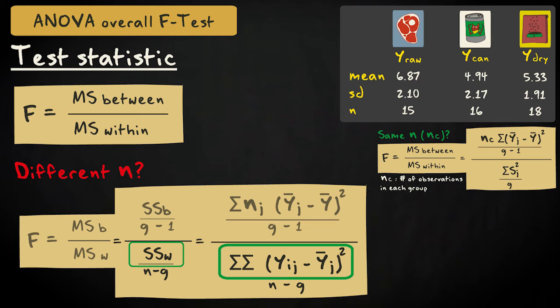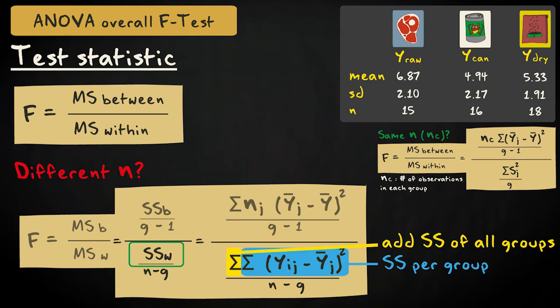The within-group sum of squares will probably seem most familiar. For each group, you take the difference between each observation and the group mean, you square this difference, and you add the squared differences. That's what the inner summation sign symbolizes. The outer summation sign indicates that you have to do this for each group and then add the result. You've now calculated the within-group sum of squares, which turns into the within-group variance once you divide by the total number of participants in all groups, n, minus the number of groups, g.